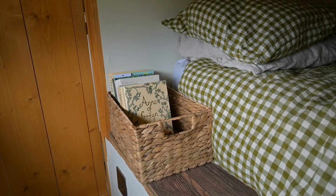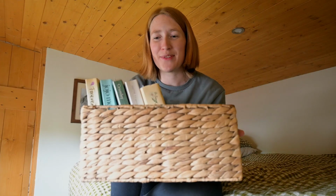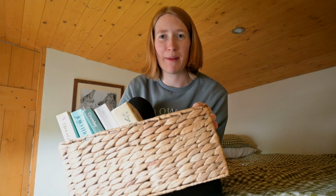To add an extra touch, I also have my little book basket here at the side of the bed, and this stores all the books I've been reading recently, which is something I chatted a little bit about in my slow reader vlog. I know I chatted about having a gallery wall along here, and I did try that, but I just didn't really like the way it looked. It looked a bit plonked. It looked like it made this space feel a bit too busy,